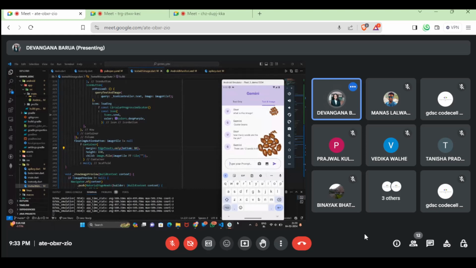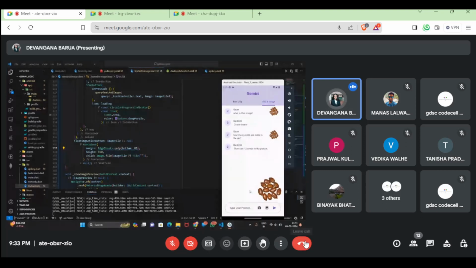Now you can see that. Okay, is it 12? 4, 1, 2, 3, 4. Okay, it is pretty accurate. You can see it gave me that it has 12 seats in the picture. Right. Okay, so now this image is